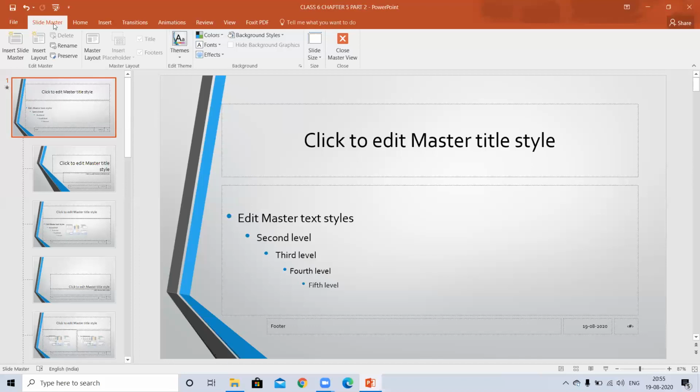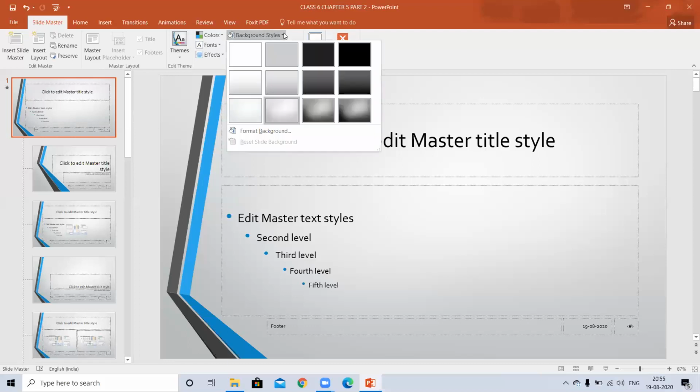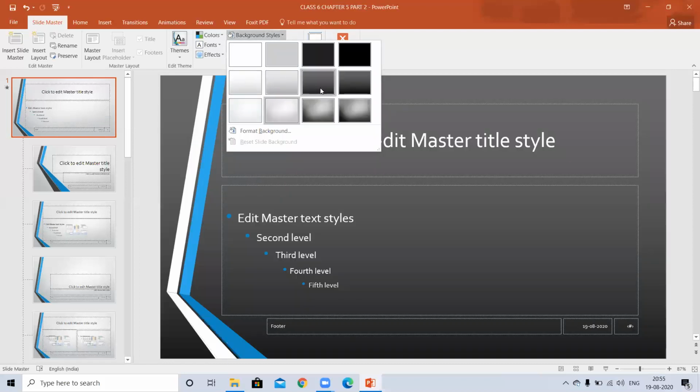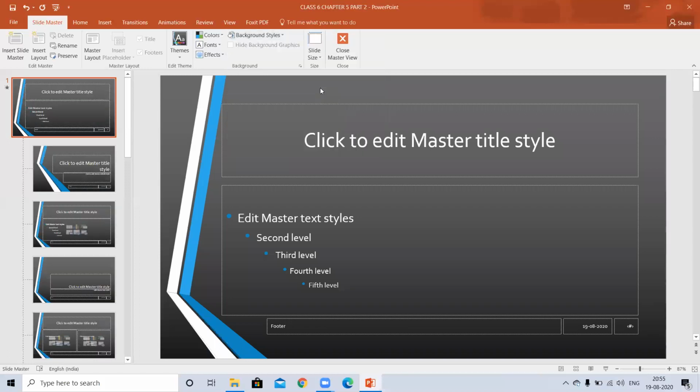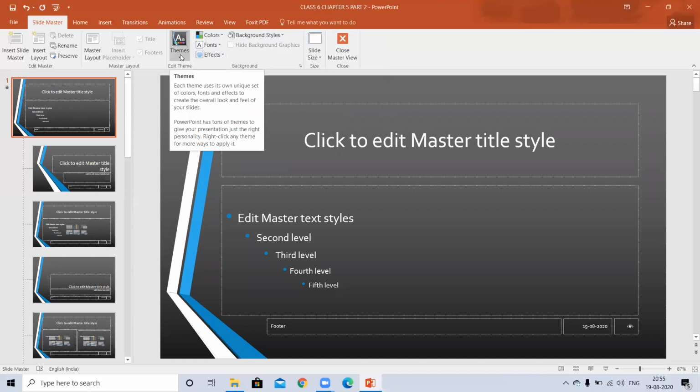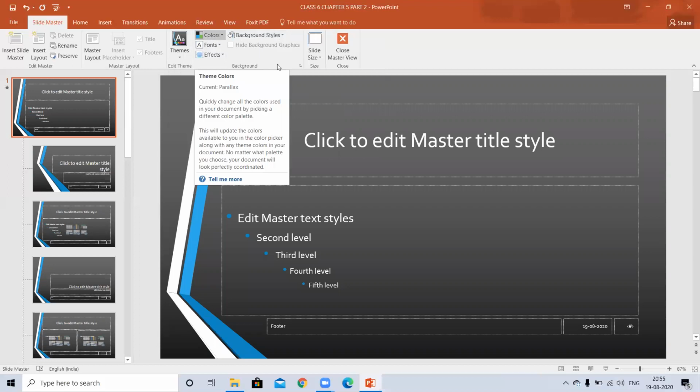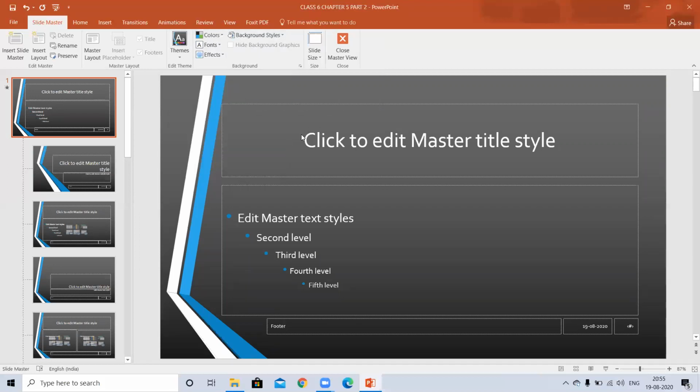You can see this slide master. Now I will change its background style. Like here I am giving this background style. You can see that on all the slides it is now applicable. Now if I want to change the theme, first of all I will explain how to change the color. Like if I click here